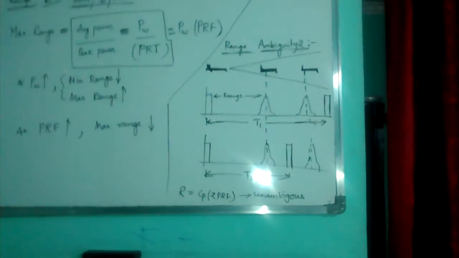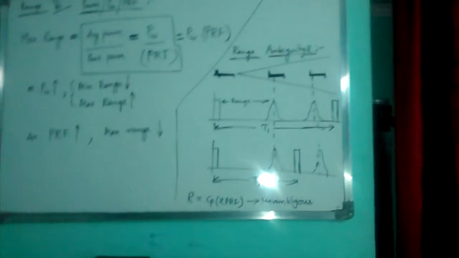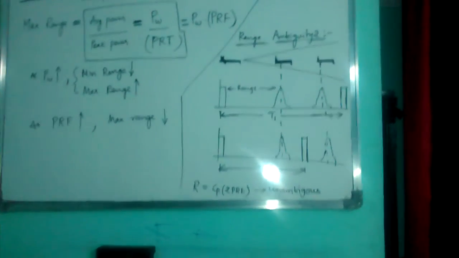equal to C times, or it is the velocity of the wave times, or velocity of the light